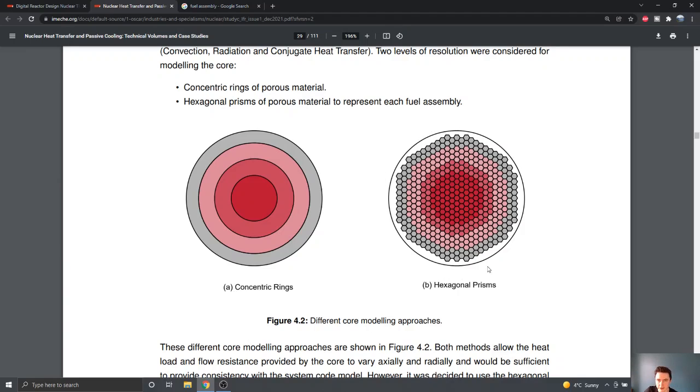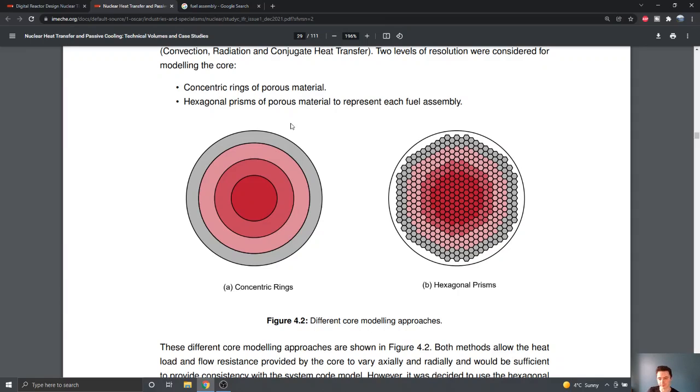And what you can see here on slide 29 is just an example of a fuel assembly pattern. So you can imagine those fuel assemblies, they're hexagons and they're all stacked together in a very careful pattern. And for our CFD model, one thing we could do is mesh and resolve the individual fuel assemblies themselves, which are maybe 10 to 20 centimeters in width, which is still a lot larger than the fuel rods, but is still a lot smaller than the overall reactor. We could include the overall fuel assemblies in our reactor, or we could just model the core as regions where